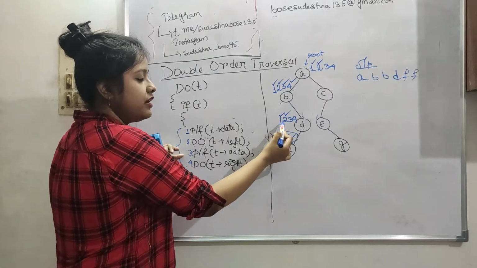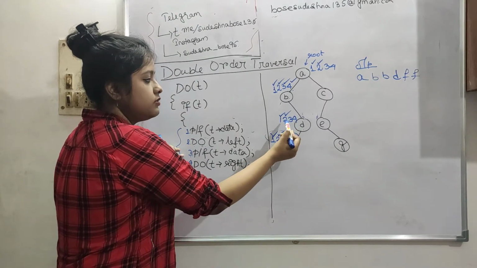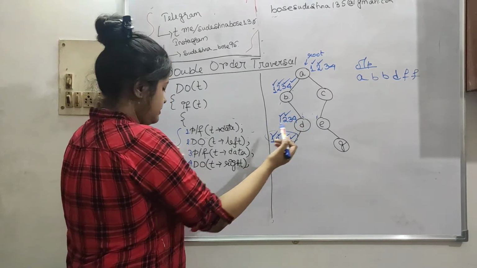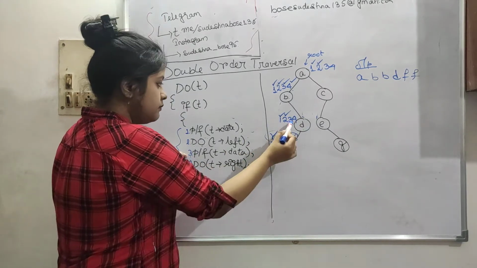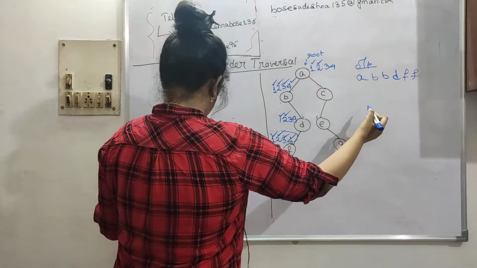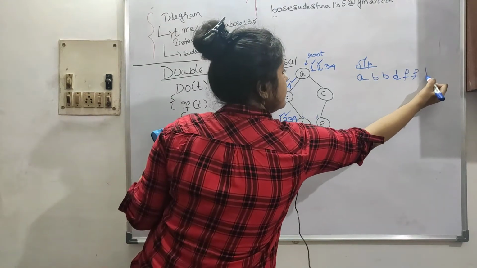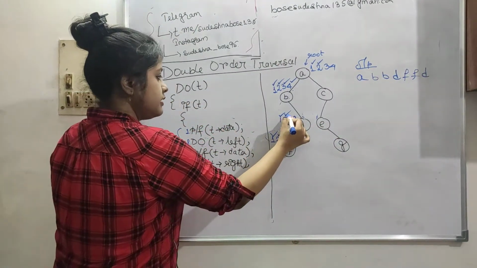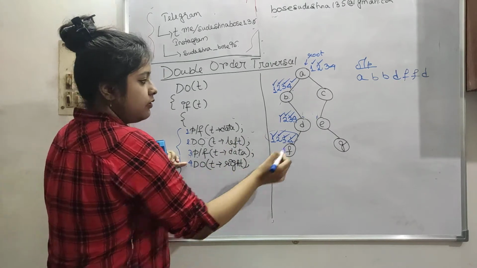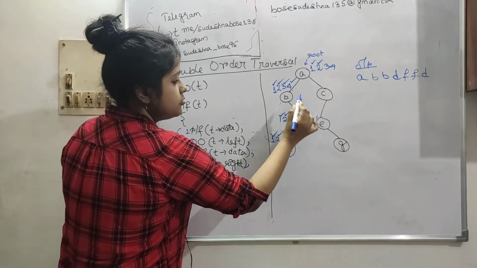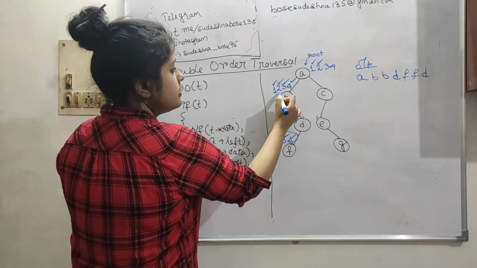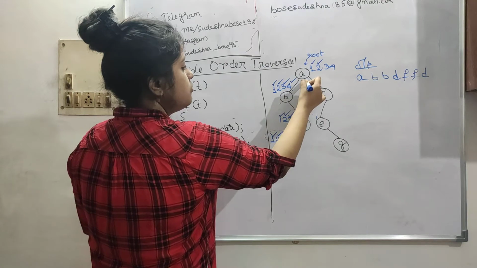See, now since we have numbered, it is very easy to see up till where we have done, and we will continue from the rest of the lines. Now see, 3 is left, so printf T arrow data is done, so D is printed, so 3 is done. Number 4, do T arrow right has nothing, just put a tick and go to its parent B. See, all it's done. Okay, so you go again to A.